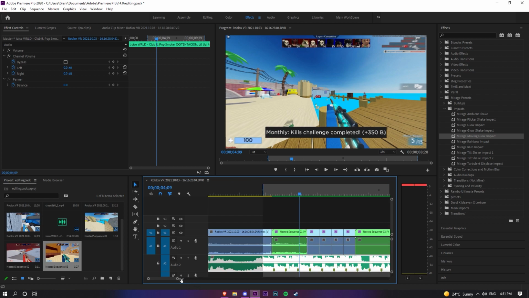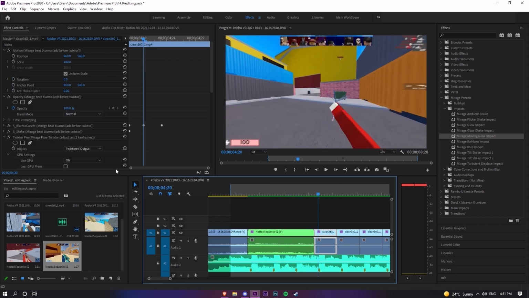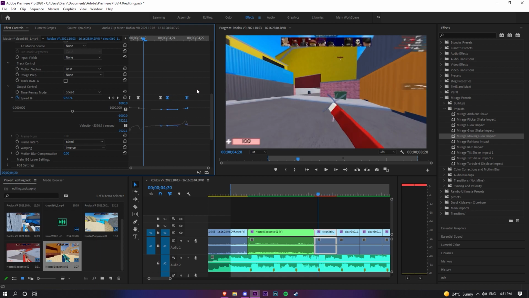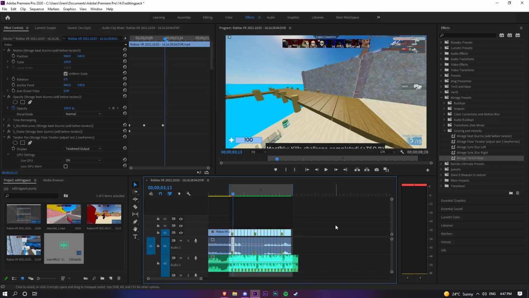Yo, Mirage from the future here. So just letting you guys know, for the Twixtor settings, you might have to adjust these last 2 keyframes depending on how spaced out the beats are. So it should look something like this, but let's just say it's a bit closer like this. What you want to do is you just want to highlight these 2 and make them closer towards the end, right? That's pretty much it for syncing.